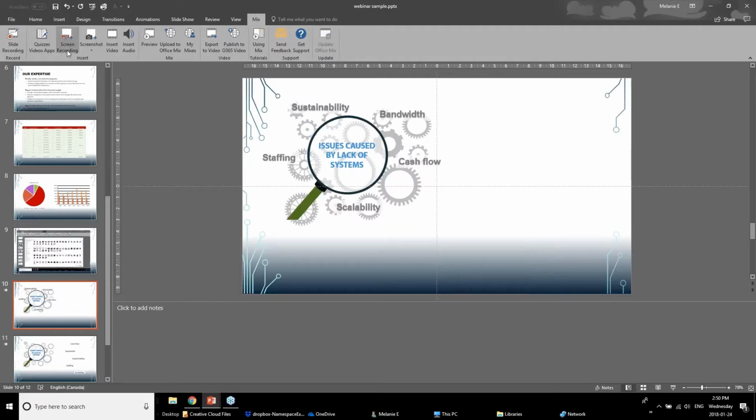And then the screen recording, like I mentioned, is really to do a screen recording. Say you wanted to film how to open your product or your app on your website. This would record anything that you're doing on your screen, and you can make some decisions of whether it has sound or not. What I have noticed though is that it doesn't have the functionality that some other screen capture software has, where you can decide the size and the resolution,